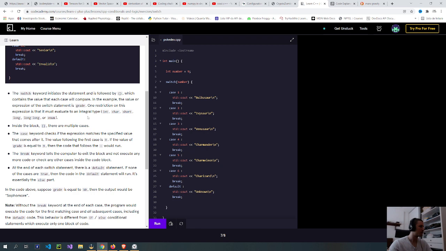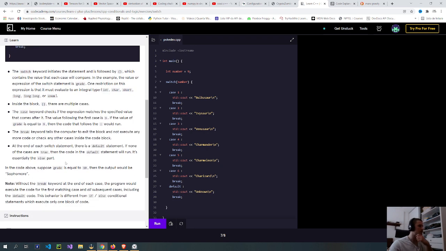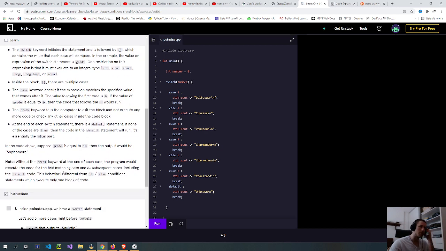Inside the block, there are multiple cases. The case keyword checks if the expression matches the specified value that comes after it. If the value following the first case is 9, that is, if the value of grade is equal to 9, then the code that follows the colon would run.